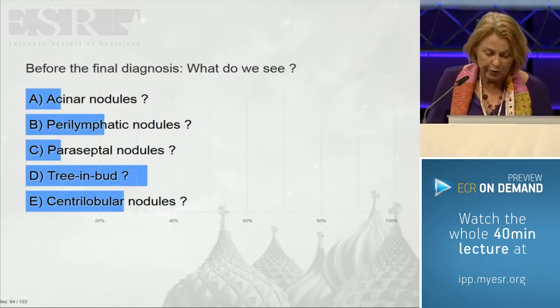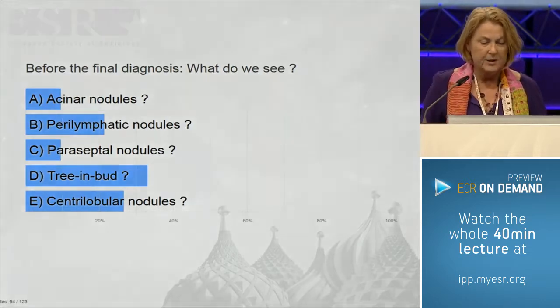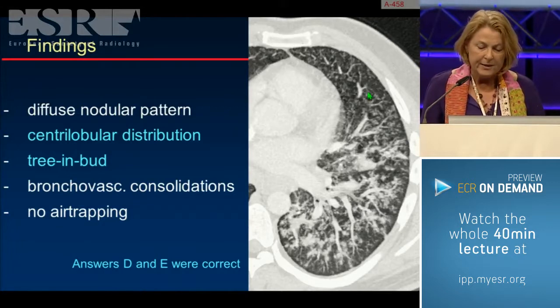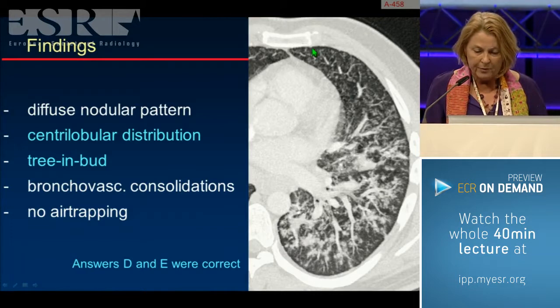Very good. Most of you actually voted for the combination D and E, tree bud and centrilobular nodules. And that was exactly the case and is correct. The findings are that we have a diffuse, predominantly nodular pattern. None of them is actually really